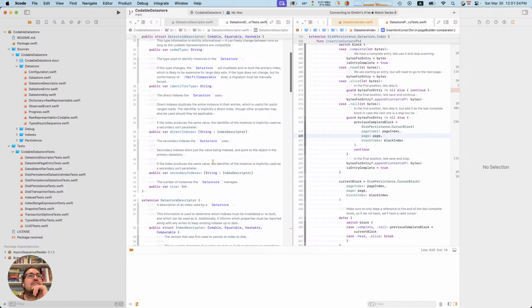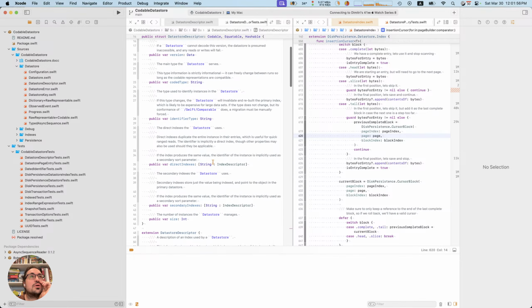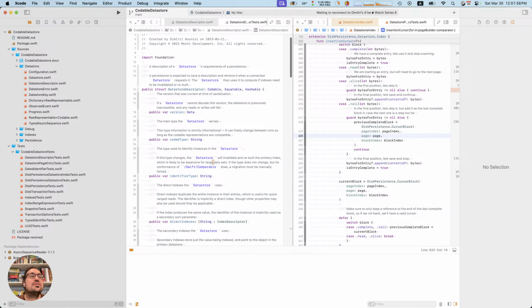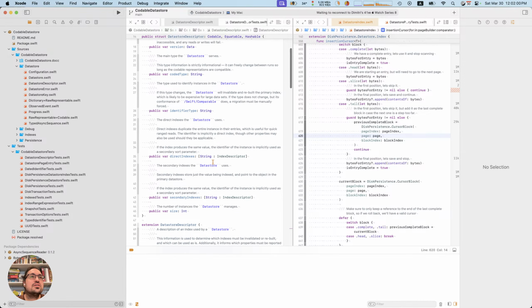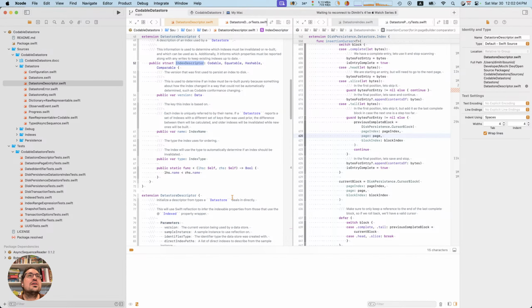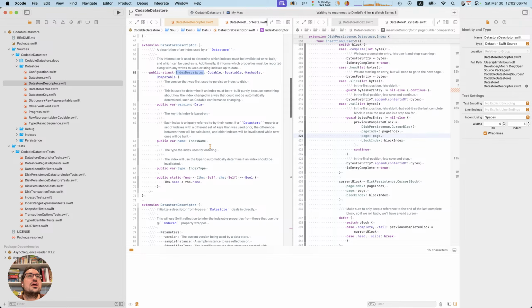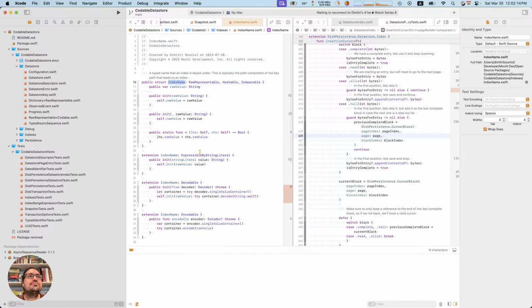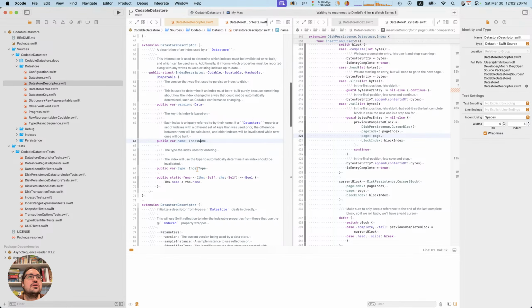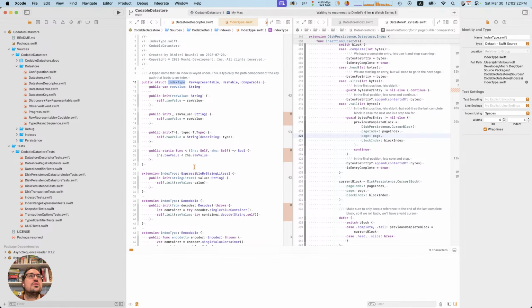Okay, so let's dig into how these indices work. Okay, so the index has a name and a type.